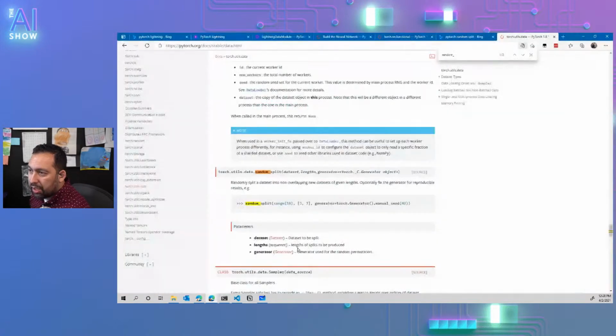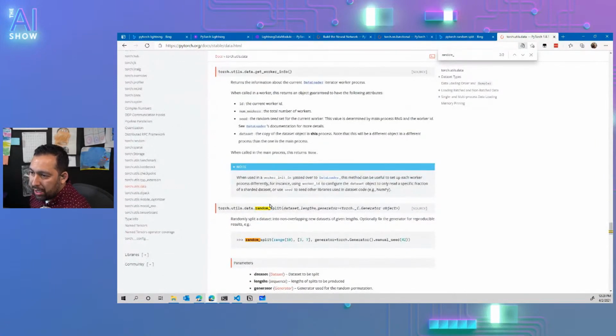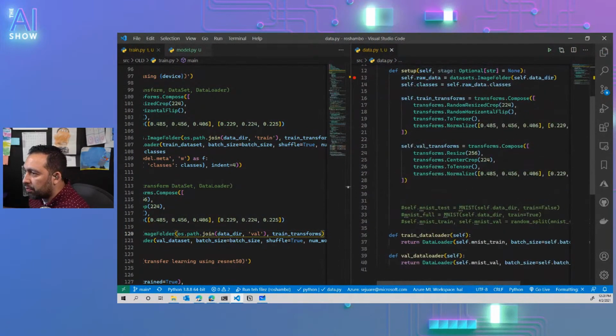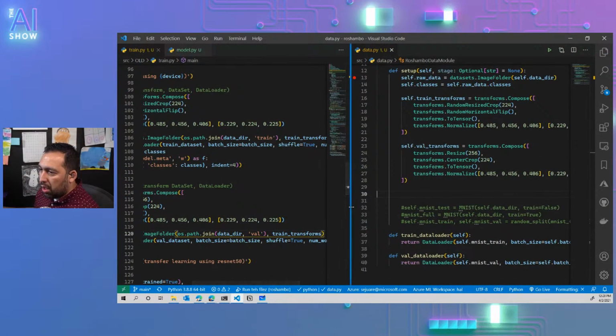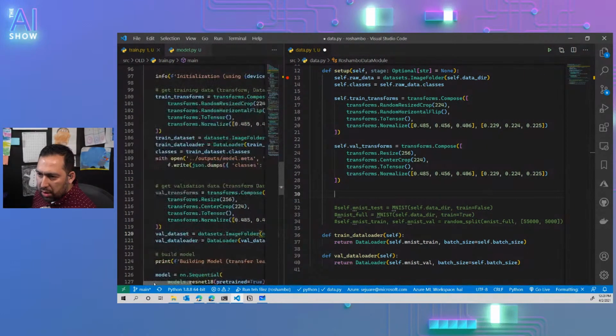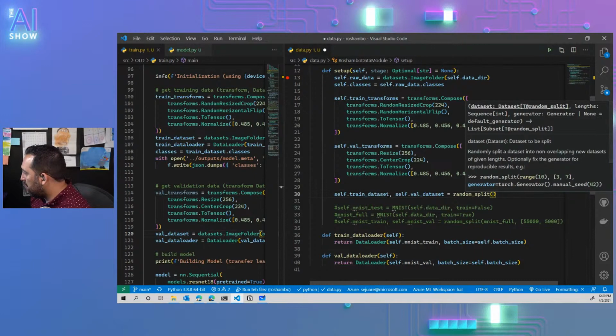And where is the random split thing again? Torch.utils.data random split. Oh, look at that. Nice. So now what we're going to do is say, what did I call them over here? Val data set and train data set. So self.train data set, comma, self.val data set equals random split of